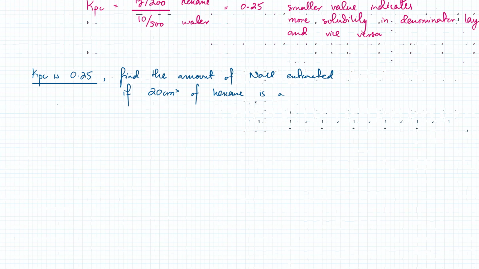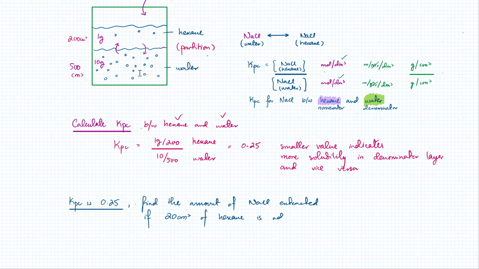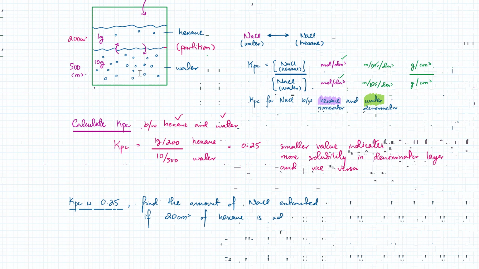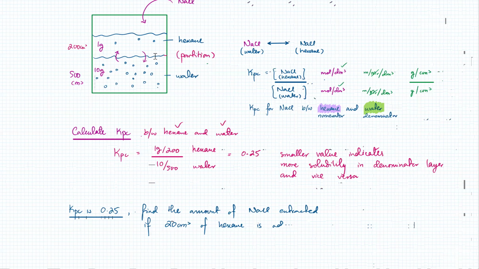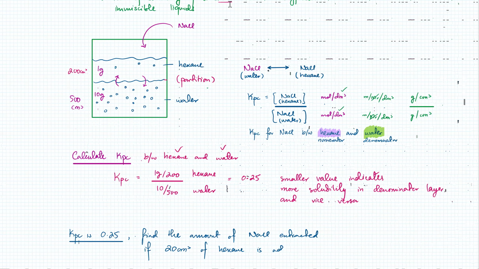Remember, we already calculated KPC and KPC is a constant. KPC is always going to be a constant between the hexane and water layer. For some other partition, it's going to be a different value, but for this particular case, hexane and water, it's a constant. No matter what the concentration is, the only thing that changes it is temperature, just like any other equilibrium constant. So as long as it's hexane and water and there's NaCl being added, no matter what amount of NaCl, no matter what the volume of hexane and water is, KPC would always be a constant. So the question is, find the amount of NaCl that's extracted if 20 cm cube of hexane is added